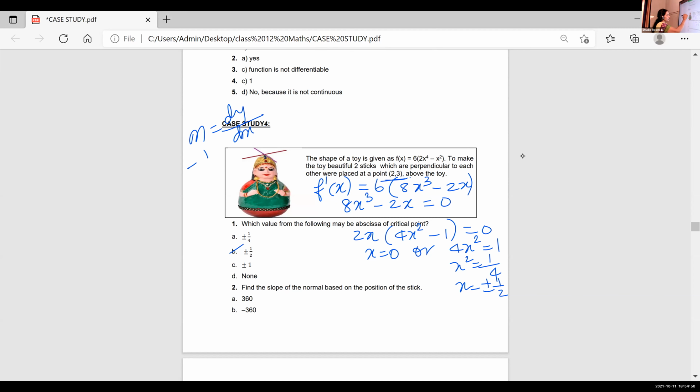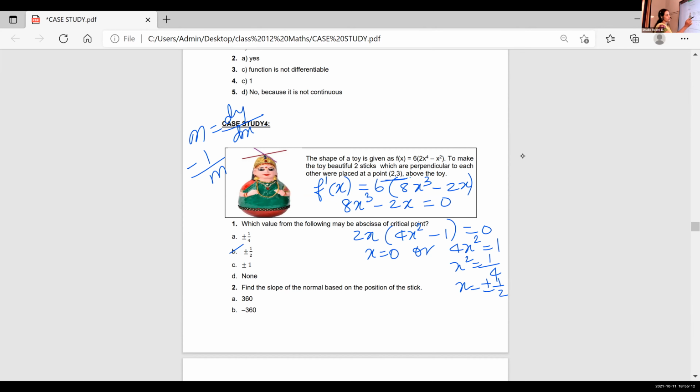We discussed all those things, is it or no? Thursday's class only we discussed. Is it or no, Aishwarya? Yes, ma'am. This is minus 1 by m. The slope of the normal is minus 1 by m. So the function is given. Differentiate it, substitute the points and find out.